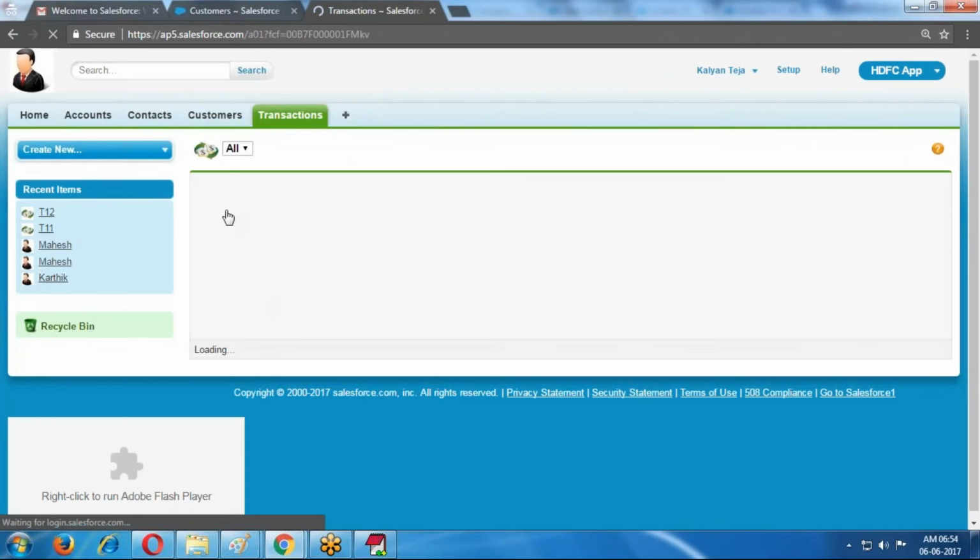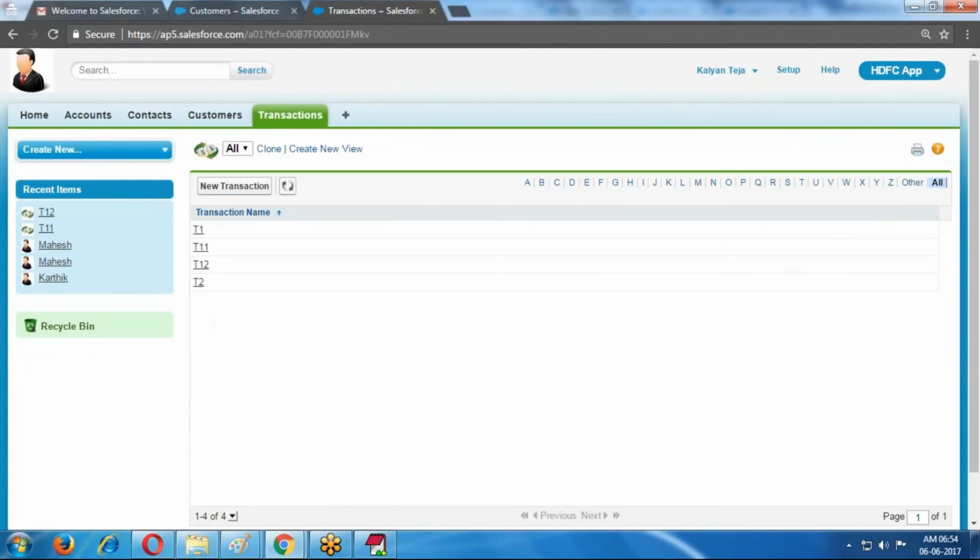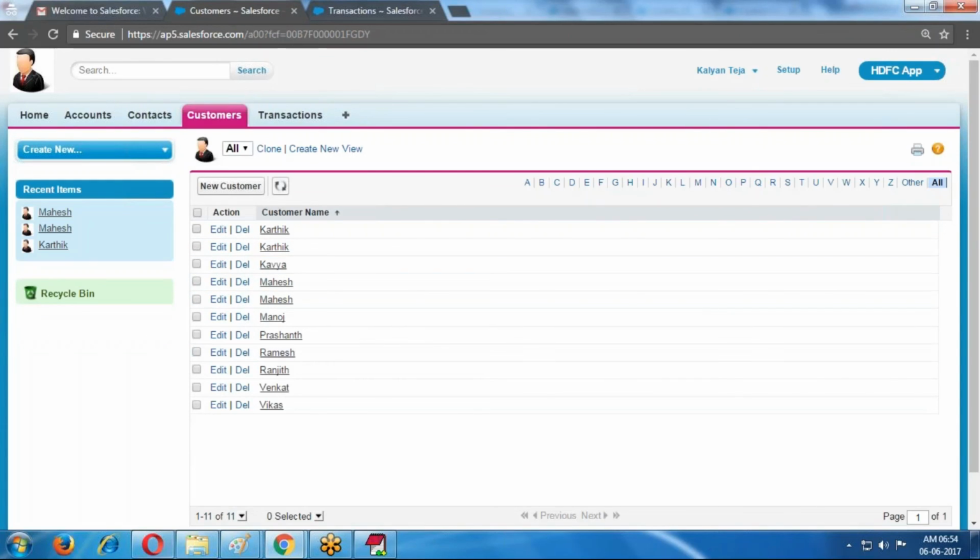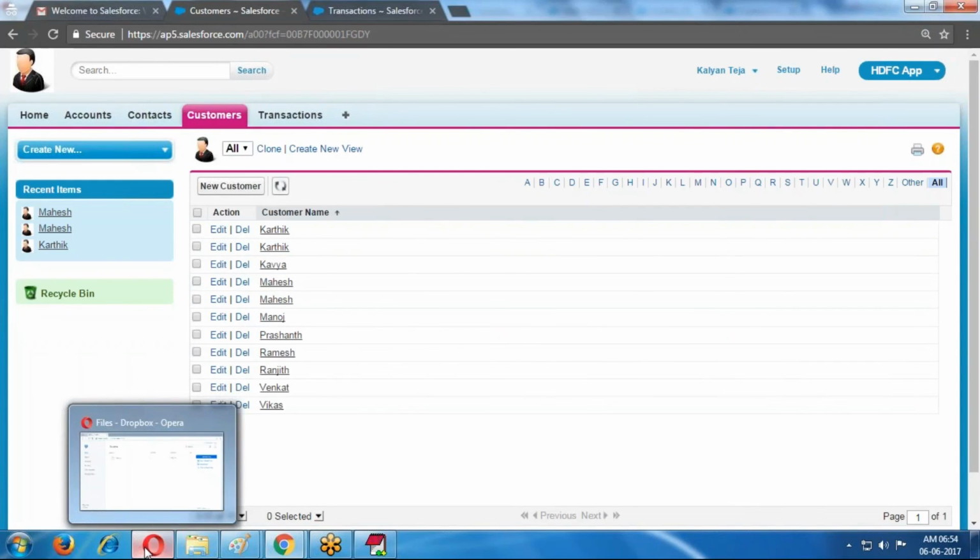What is the read option? Whatever transactions are there, those transactions are available. Only the read option, but you cannot edit or delete. For the customer, edit and delete are available. The same way here.